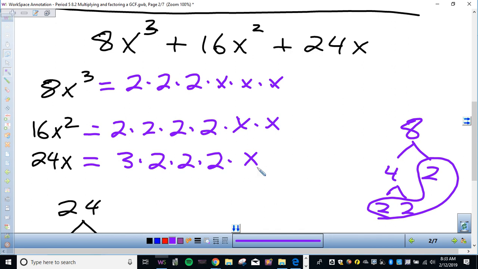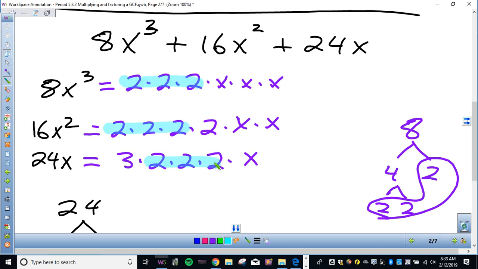So all that work just to get a greatest common factor. So the greatest common factor of this thing, right? I have 3 2's in all of them. And then I have 1x here, 1x here, 1x here. But you have to have the same number of 2's, right? So I can only take 3 out because this one only has 3. Same with that one. And then I can take 1x out. Isn't that stupid? Like, I think that just made the problem like 4 times as difficult. If I just look here,